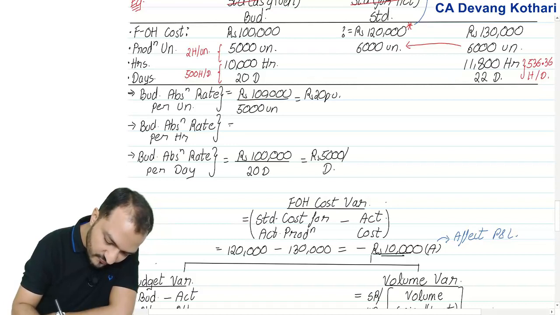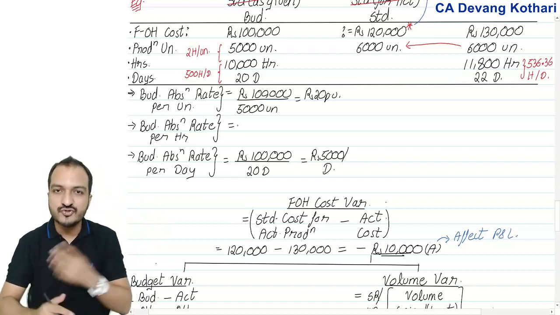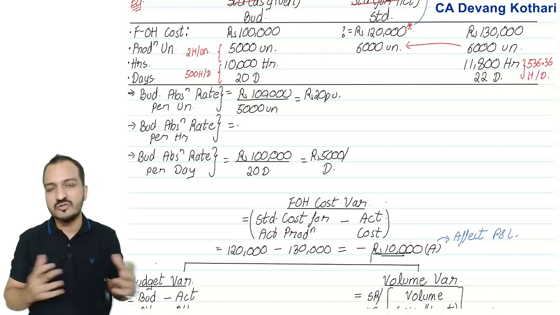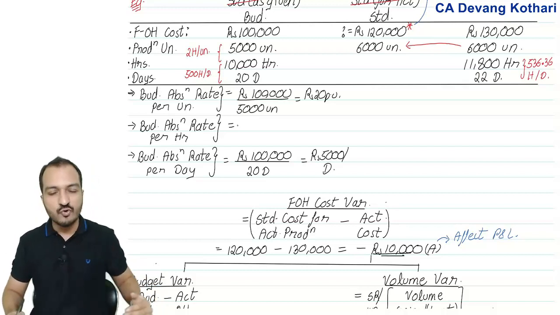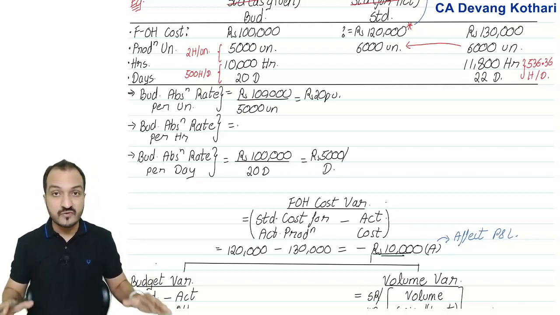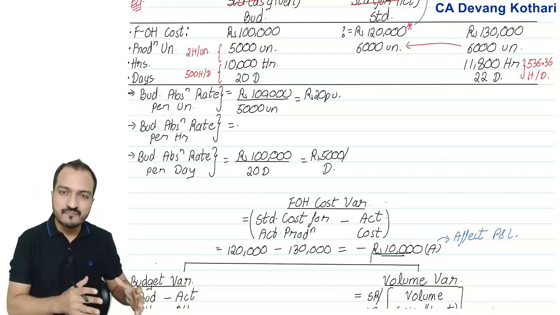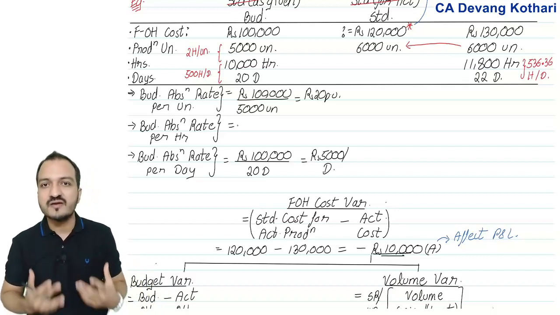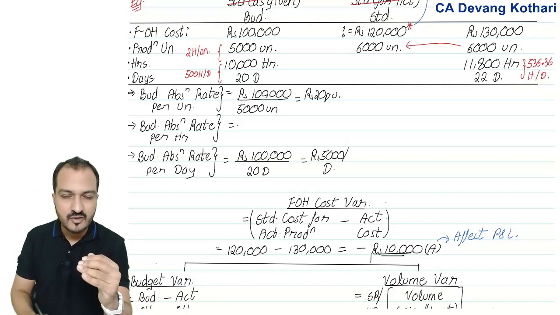See, basically you have already learned all these formulas in your CA Inter level. I'm just gradually introducing each formula so that you understand why we have so many formulas, right? When you are solving questions in the exam, you won't be spending so much time. But right now, I want you to spend time in understanding because I need you to build your confidence for fixed overhead